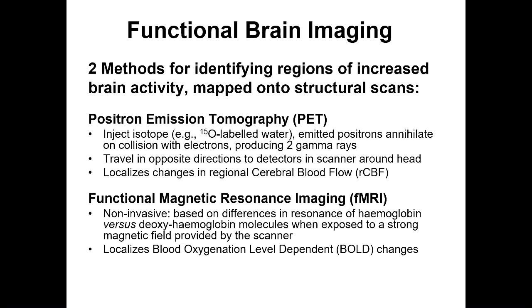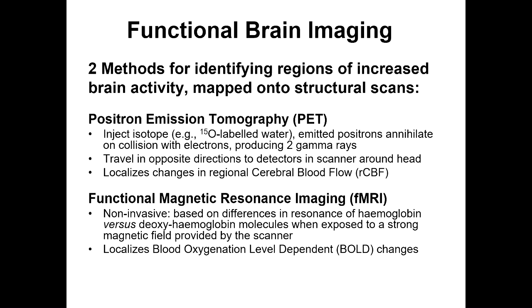Positron emission tomography involves injecting a radio-labeled isotope, in fact it's the 15 version of oxygen, into usually an artery of the patient. And when it reaches a region of the brain which is using a lot of oxygen, the positrons annihilate on collision with electrons, producing two gamma rays which travel in opposite directions to detectors which are in the scanner around a person's head. So this is a method for localizing regional changes in cerebral blood flow, or